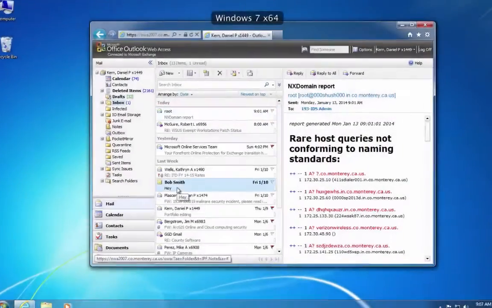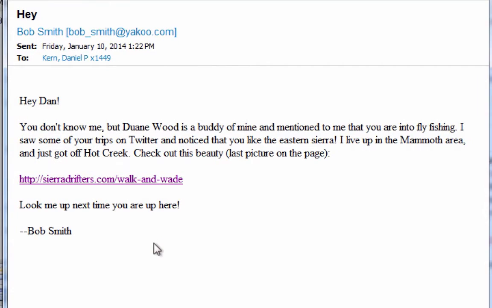So here's Dan. He's doing his work, and all of a sudden he sees the email come up. "Hey Dan, you don't know me, but Dwayne Wood is a buddy of mine and mentioned to me that you're into fly fishing. I saw some of your trips on Twitter and noticed that you like the Eastern Sierra. I live up in the Mammoth area and just got off Hot Creek. Check out this beauty, the last picture on the page. Look me up next time you're up here." Wow,